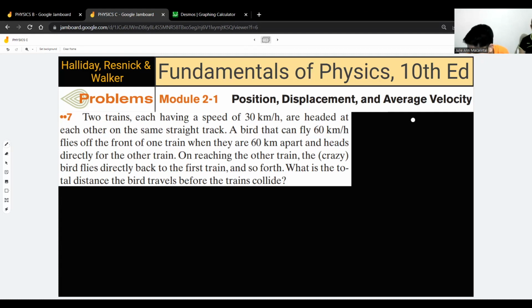Yung time is just calculate the time the trains are going to collide, then just multiply its speed. Simple as that. So kanino ko mong time yung collision time? Speed of 60 kilometers per hour. Tapos 60 kilometers apart. So,